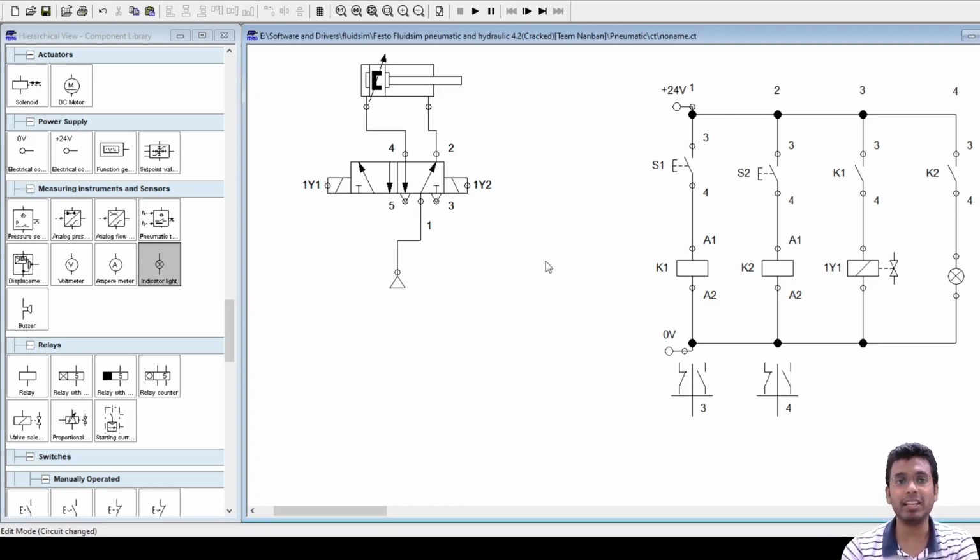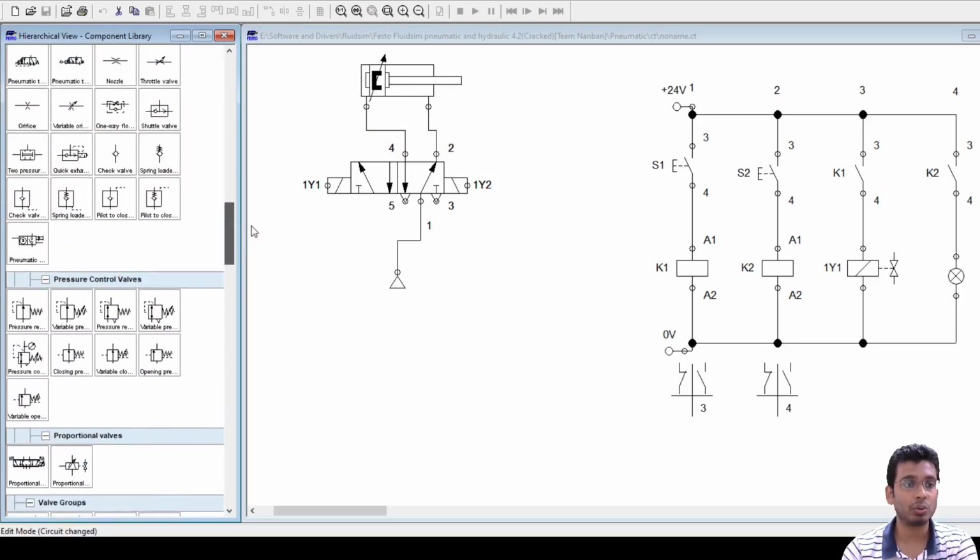Okay, similarly, suppose I have one sensor here. Fine, I place one roller valve here.